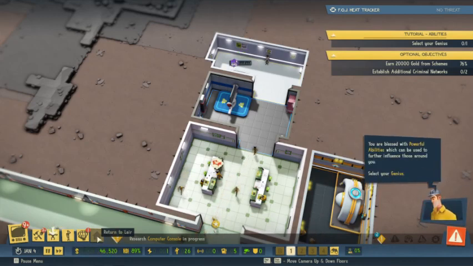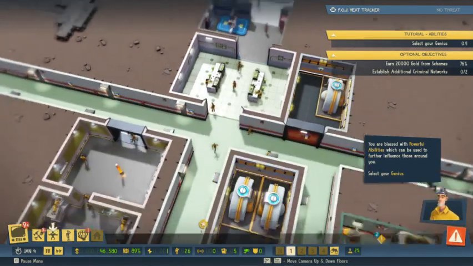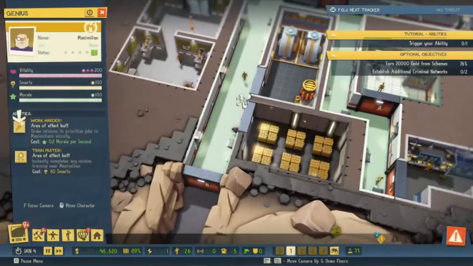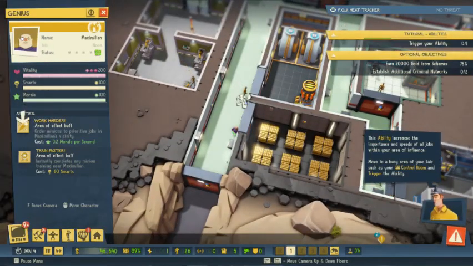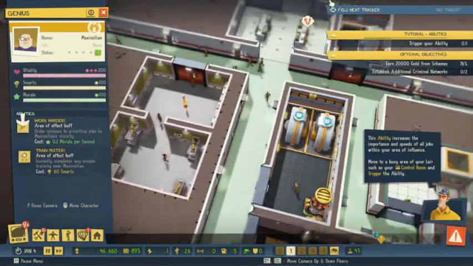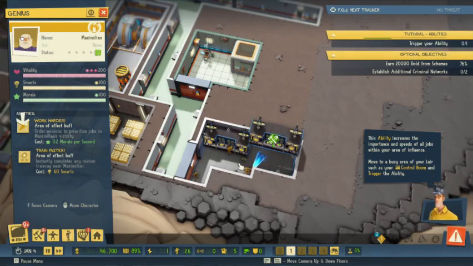Head back to the lair to continue your world domination. Okay, so you are now blessed with powerful abilities which can be used to further... That happens sometimes, folks. Bear with us. You didn't see anything, but I went back to minimalization for some reason. Okay, so now I want you to select Maximilian. This ability increases the importance and speeds of jobs within your area of influence. Move to a busy area of your lair, such as your control room, and trigger the ability. That sounds like a good idea. So it's telling me now to take Maximilian to...